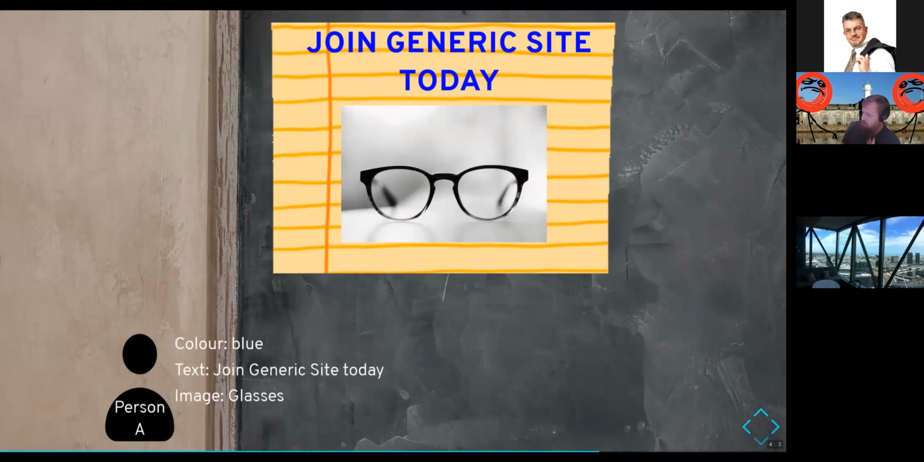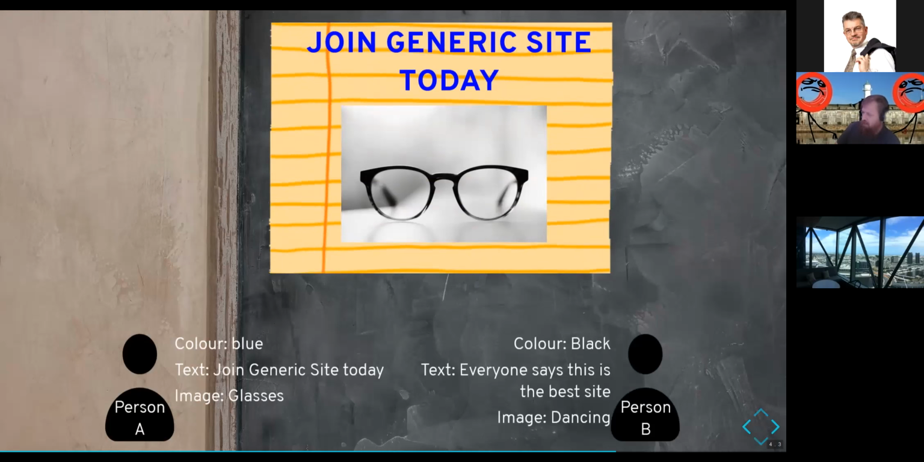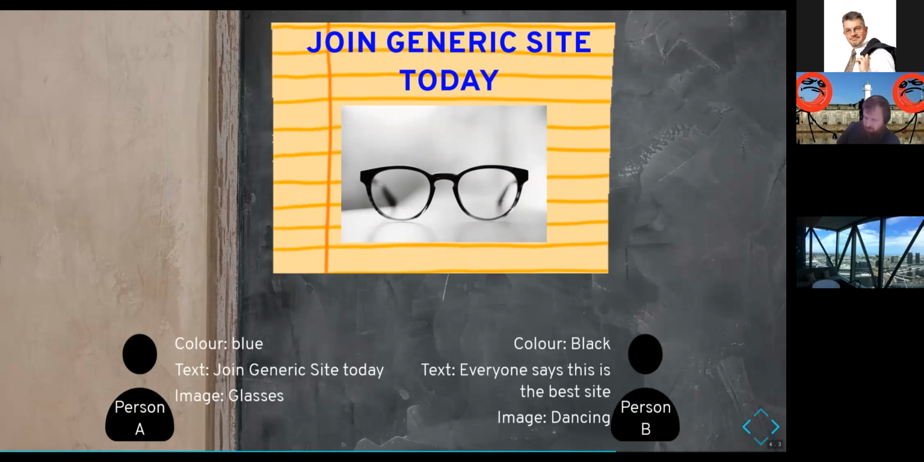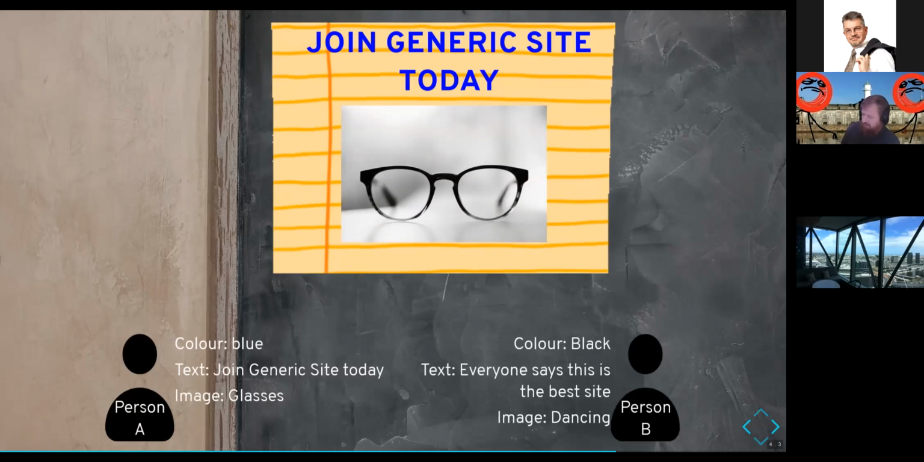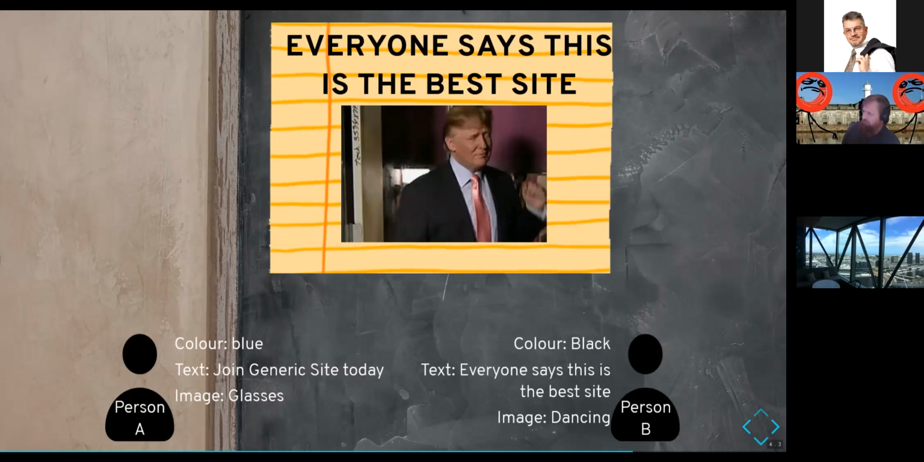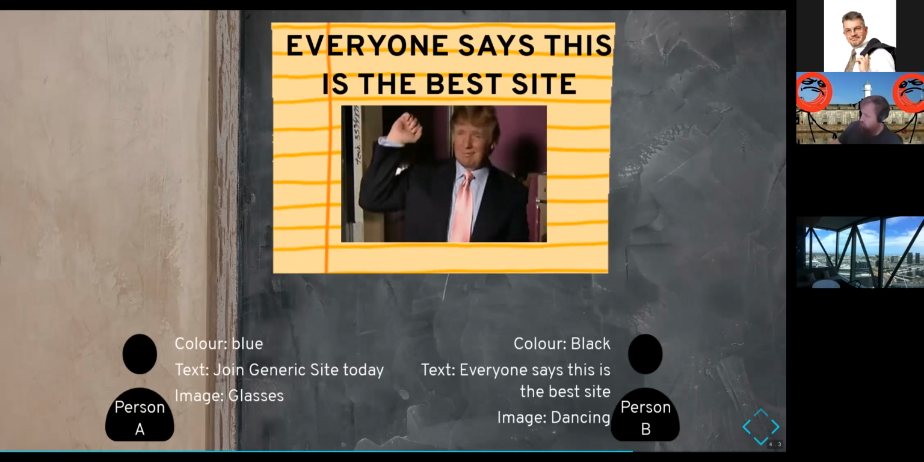However, the issue is when person B comes in and starts to write things on the blackboard as well. So they've got a color black. The text should be "everyone says this slide is the best", and there's a picture of dancing. Person B starts drawing their hero for the Trump news article in the notebook and finishes it